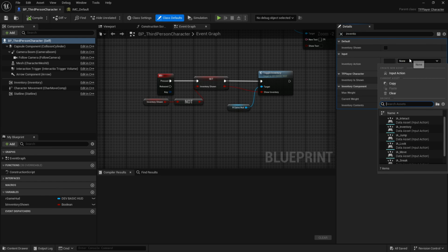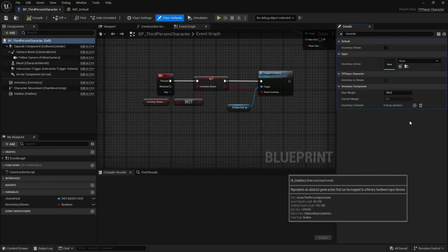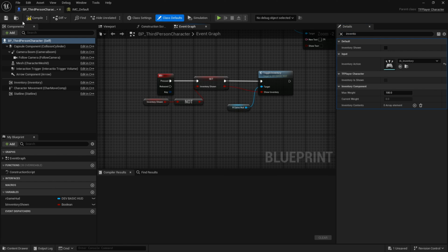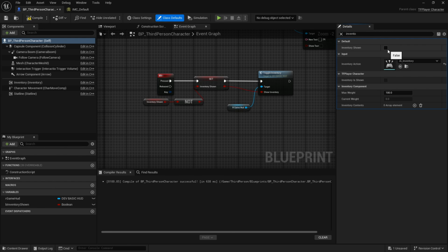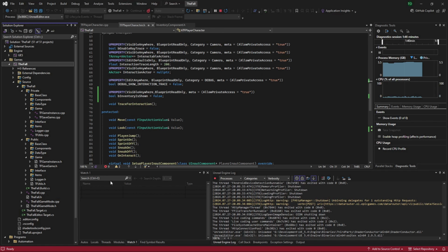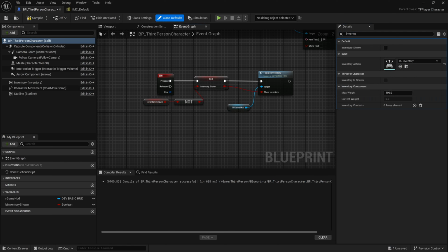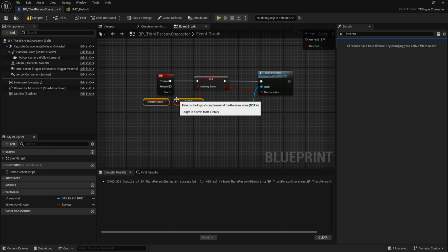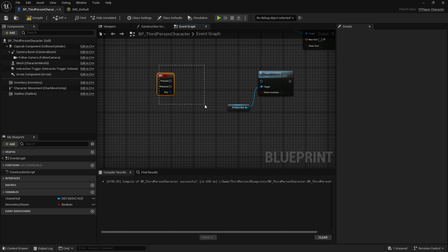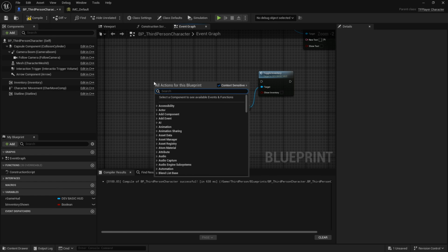Inventory. Type that enough times. And you can see we have our inventory shown. Oh no, that's the local one. Inventory is shown. That's this one here, which we don't actually need anymore. So I'm going to do this and this. I'm actually going to get rid of these. So we want to call